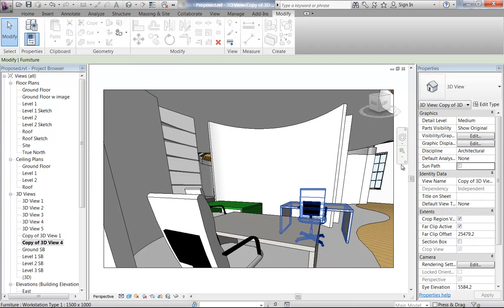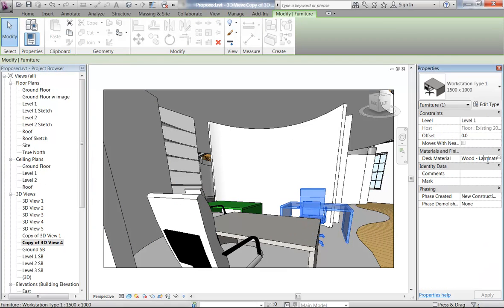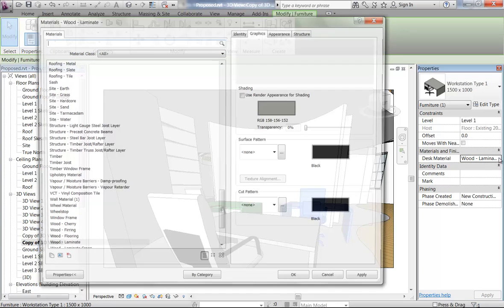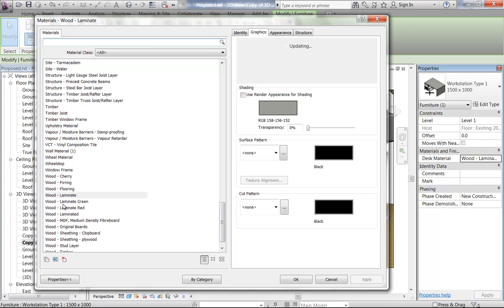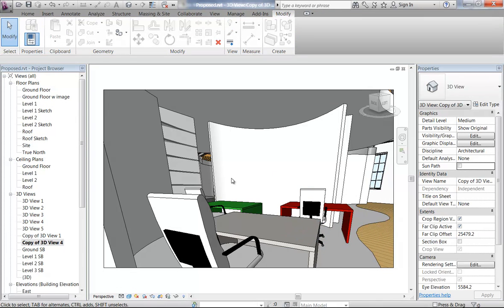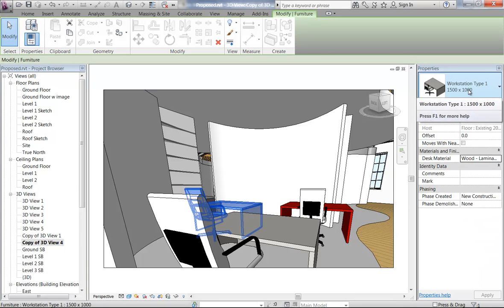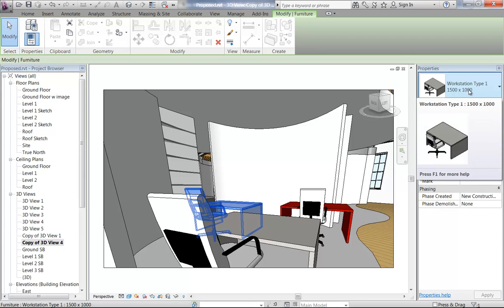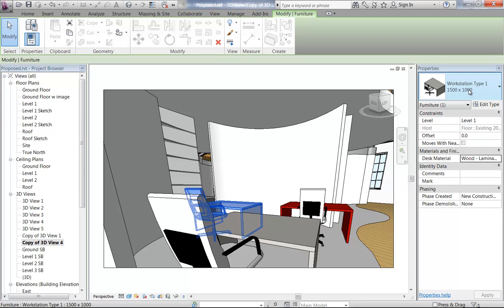This one can be the red. And then the other one I'll just leave. Great. Okay, but can you see how they're all the same type? These desks are all the 1500 by 1000 type or size, but they can each have a different material now because I've made it an instance parameter, not a type parameter. So just interesting about how you're going to manage your materials, and then as long as you've assigned a name,